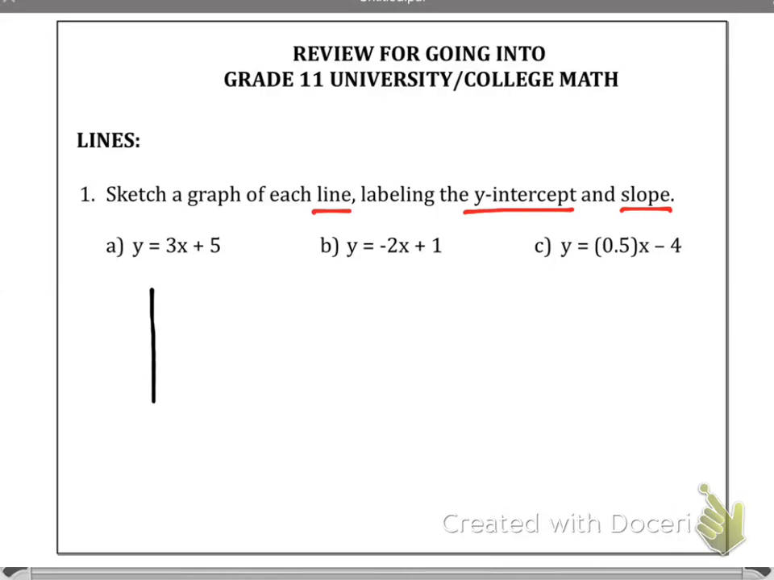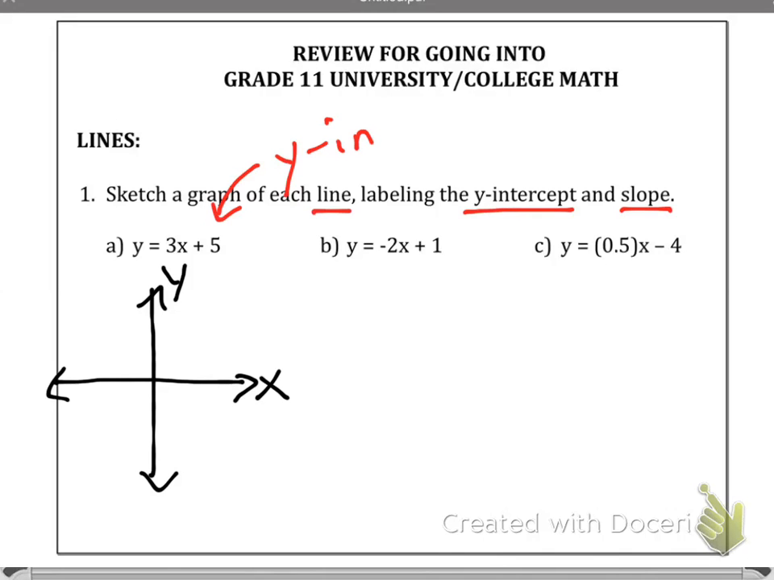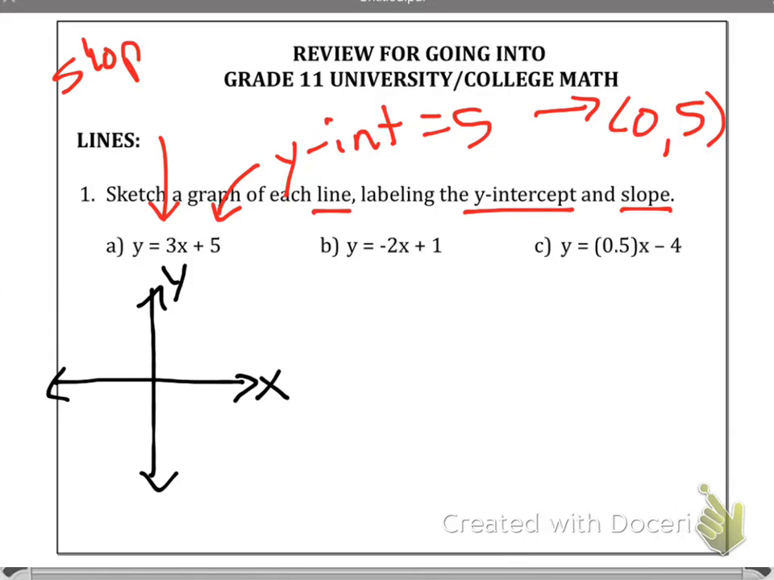So, to sketch a graph, you need an xy axis. Technically, you should put arrows on them also. Now, this line has a y-intercept of 5, which is the point (0, 5), and a slope of 3, and slope is always rise over run, so it's actually 3 over 1, because 3 divided by 1 is still 3, the value is the same, but now you have a rise and a run. So first you plot your y-intercept of 5,